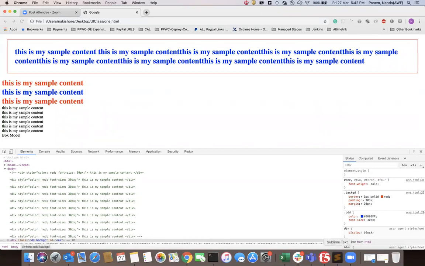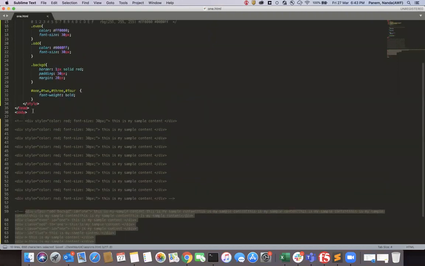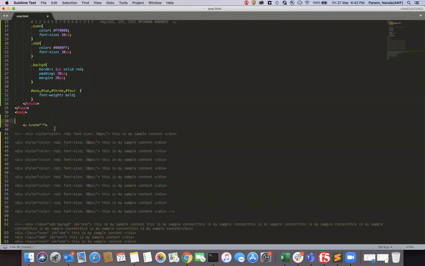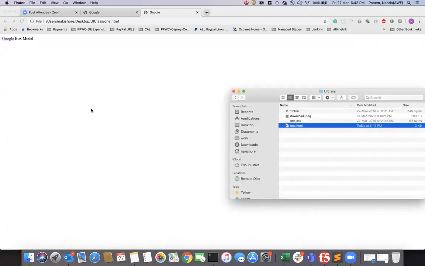Suppose you have a link on your HTML web page. So I have a link on my HTML page.